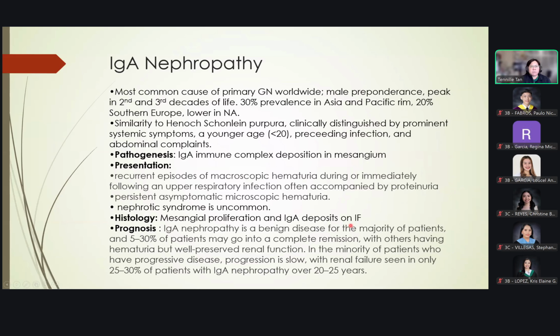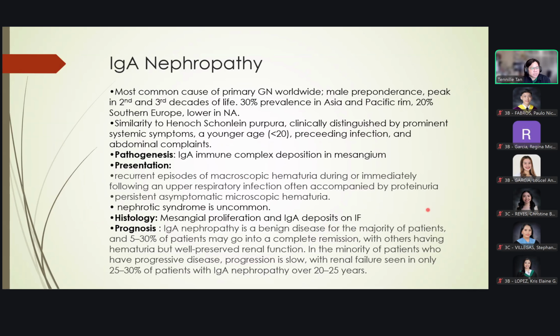There is a male preponderance, with peak incidence in the second and third decades of life. There is an increased prevalence in Asia and the Pacific Rim, about 30%, and 20% in Southern Europe. The incidence is much lower in the US. There is a similarity between IgA nephropathy and your Henoch-Schönlein purpura. It's usually clinically distinguished by the prominent systemic symptoms in HSP, a younger age, usually less than 20, preceding infection,